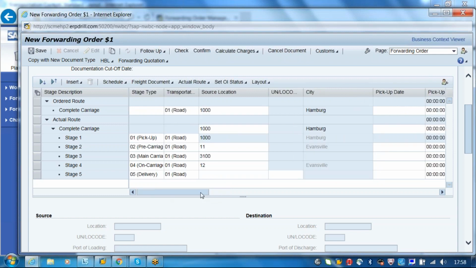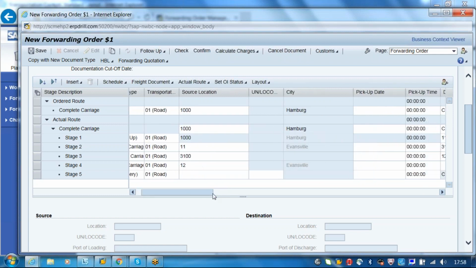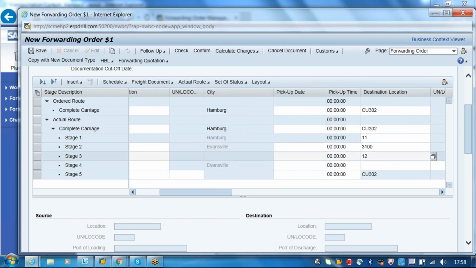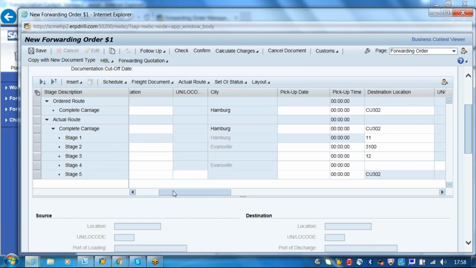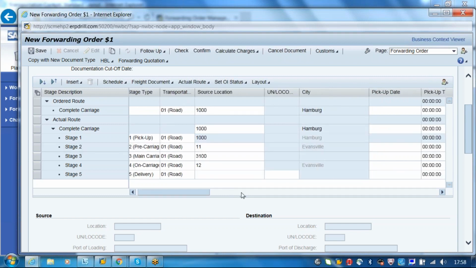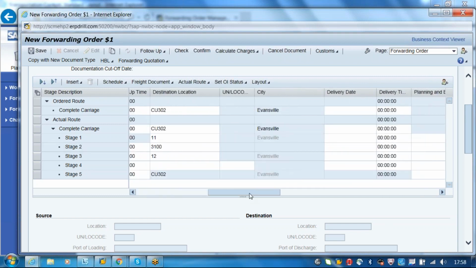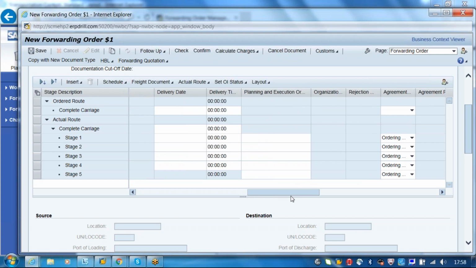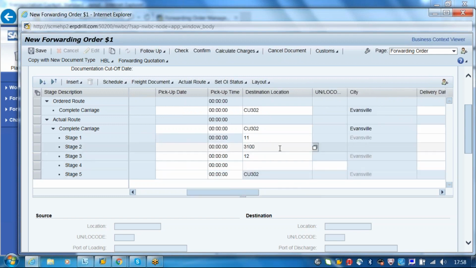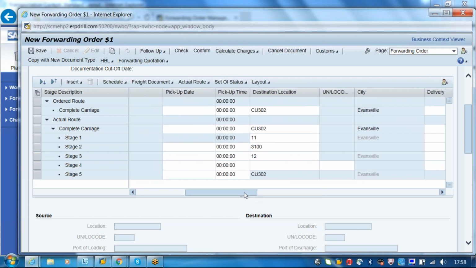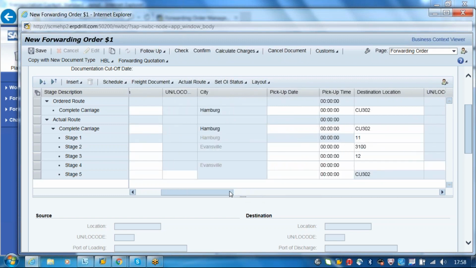Now these values will not really matter. This is a route. You are telling the system what is the next stage. So you are just mentioning from 1000 to the CU02. This is the source and destination. But in between, whatever the values are there, this has to be manually written. Or if you want something to be written, then you have to come with the lane and shipping, the transportation lane and shipments.